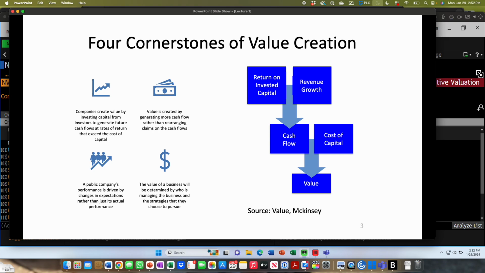And that's why a tool like Bloomberg is so valuable, because Bloomberg is one of the only tools in the world that gives you an understanding of what Wall Street thinks is the future of a company. And that's very valuable when we start to think about valuation. Okay? So, to put this into